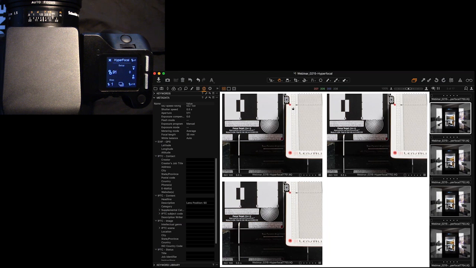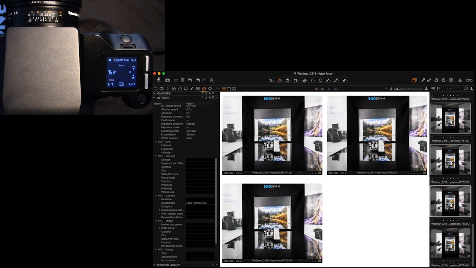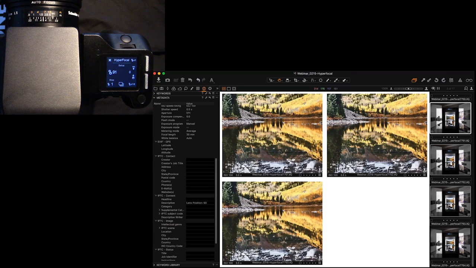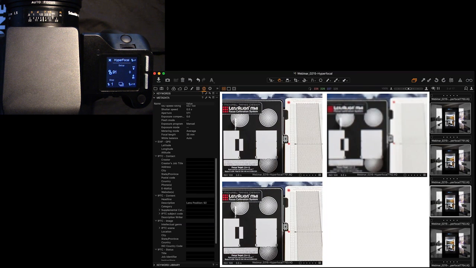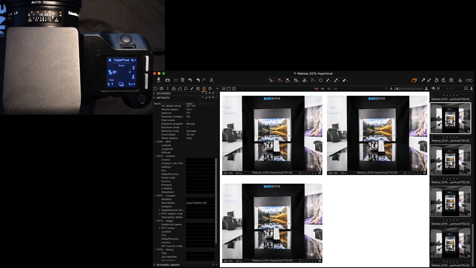that small difference in the foreground, in this particular studio environment example, is not going to make that much of a difference, but you can extrapolate the results of this studio test to what you would find out in the landscape. If you were using this in a real-world environment where you had mountains, your focus would truly be, maybe 3 meters in front of you to infinity, not even 2 meters in front of you to infinity. And that's with one shot, one lens, and that does fall under what I would objectively call acceptably sharp. So now that we know that lens position of 91, as shown here, is where we want our hyperfocal focus.